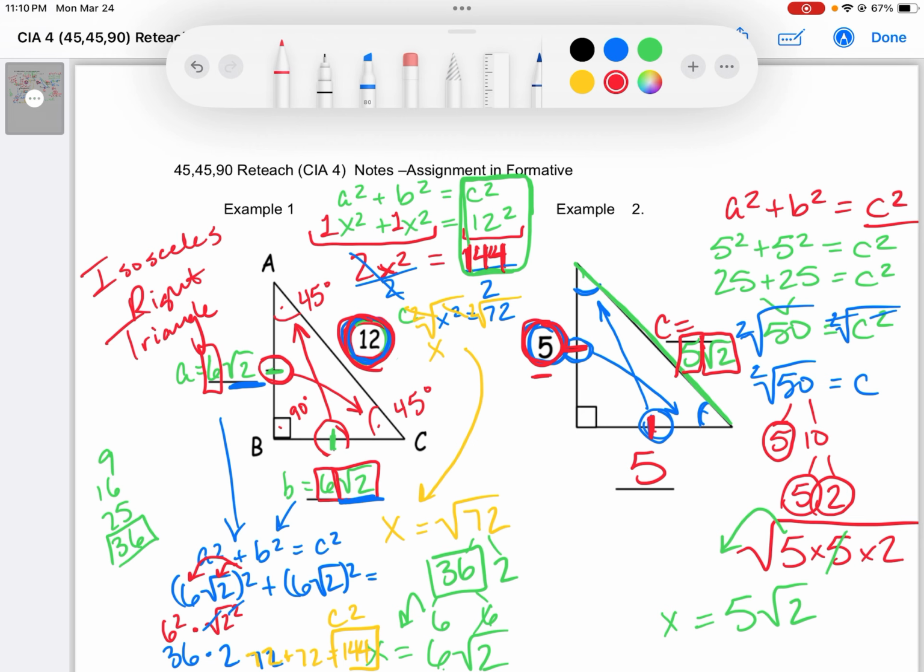Hopefully this is a good refresher and reminder, and maybe for some of you it's what makes 45, 45, 90 triangles click for you. But after you've watched this video, go ahead and go to Schoology and complete